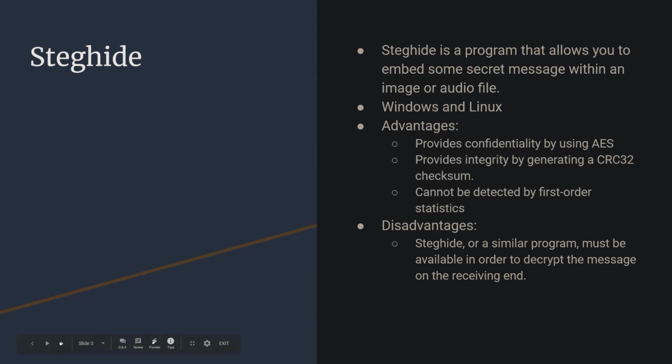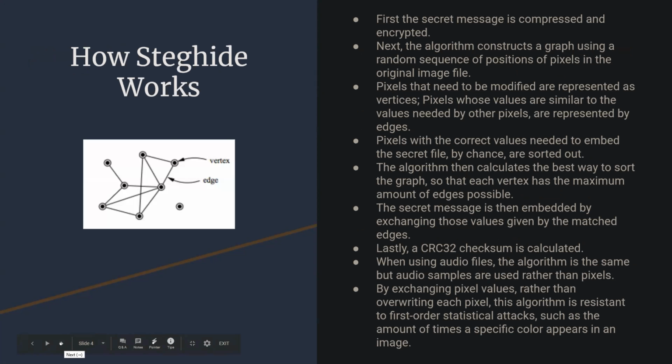And so this next slide here is kind of just talking about how Steghide works. I'm just going to go over the text first, and then I'll explain the image. So the first secret message is compressed and encrypted. Next, the algorithm constructs a graph using a random sequence of positions of pixels in the original image file. Pixels that need to be modified are represented as the vertices, as you see right here in the picture. And the pixels whose values are similar to the values needed by other pixels are represented by the edges, which is what is connecting these vertices here. So pixels with the correct values needed to embed the secret file by chance are sorted out, which is kind of like